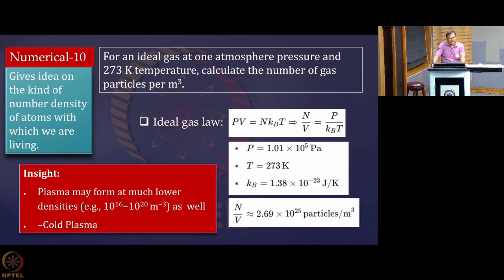So with respect to the density that we encounter every day, you can now compare the density of charged particles that occurs at the cold plasma regime or glow discharge plasma regime, which may range from 10 to the power 16 to 10 to the power 20. When it is 10 to the power 16, you can see that it is 9 orders of magnitude different from what is there in our room. And when it is 10 to the power 20 per meter cube, it is obviously 5 orders of